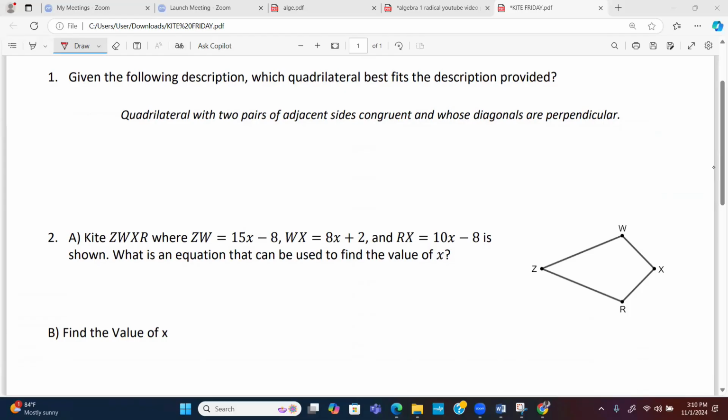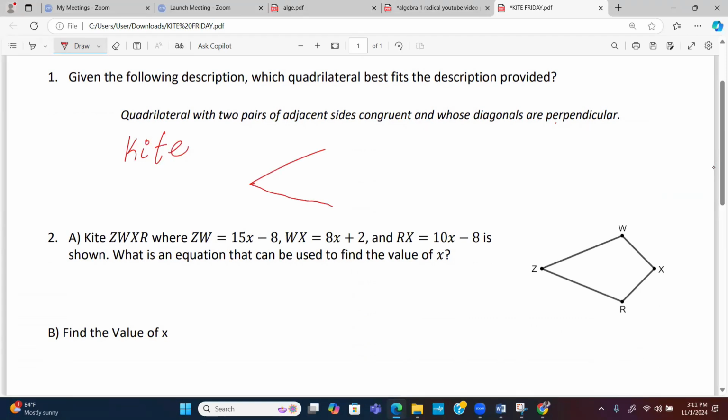Question 1 states that given the following description, which quadrilateral best fits the description provided? It says the quadrilateral with two pairs of adjacent sides congruent and whose diagonals are perpendicular. This is definitely a kite. So if you know what a kite is,